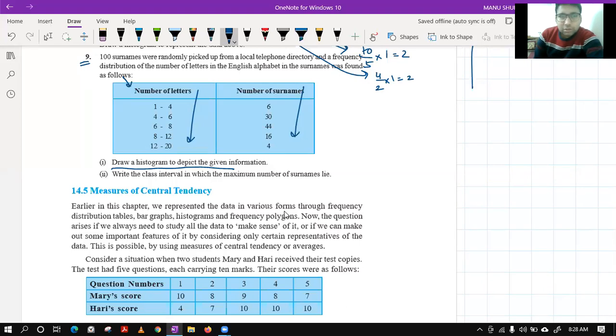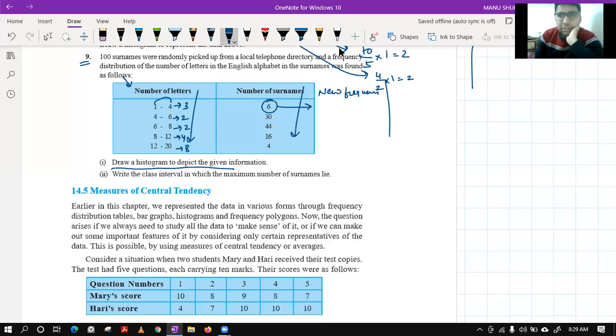fine. See, in this case you have to again see that this data is exclusive only, but the width is 3, 2, 2, 4 and 8. So the width is different in this case. So again you have to find a new frequency with the same formula. Tell me what is the new frequency of this one. All of you please try. What is the new frequency of the first interval? You will take the minimum width as 2.